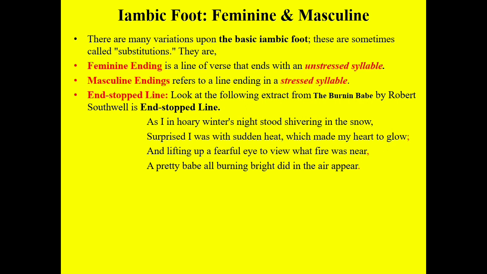So here you can see the 4 lines we have in a stanza, and each line ends with punctuation. The first line ends with a comma, the second line with a semicolon, the third line with a comma, and the fourth one with a full stop. So you cannot find any punctuation marks between the lines. Maximum every line ends with a punctuation mark. That kind of stanza is going to be called end stopped lines.